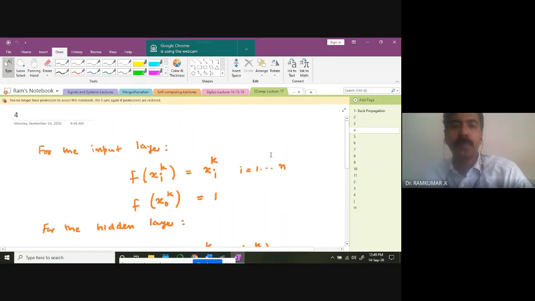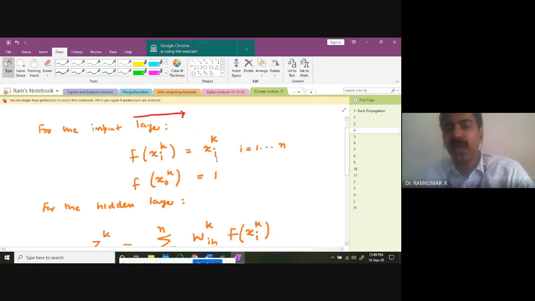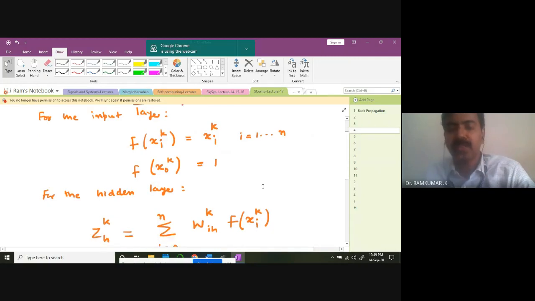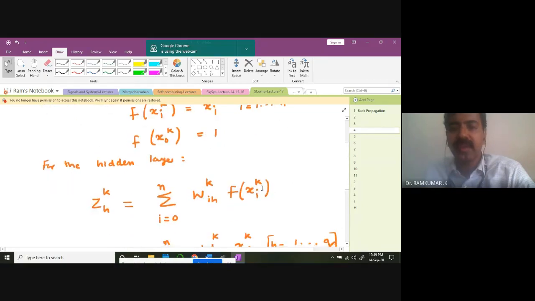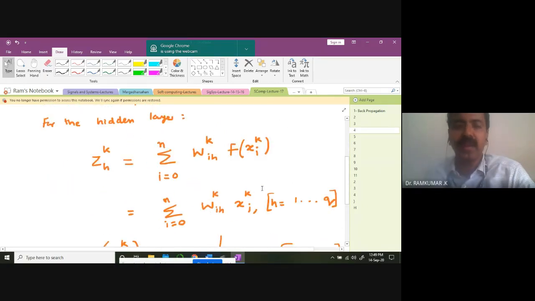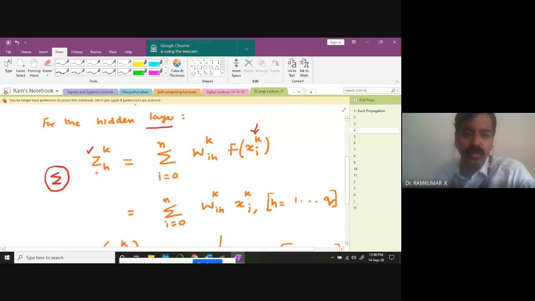So this we are doing by propagation in the forward mode first. So we are taking the input and passing it through the input neurons. And in the input neurons, we don't have anything, we are passing on the data, that's all. So that data is now passed through the hidden layer. The hidden layer receives input from the input layer and gets multiplied by the weights, and they are computing the activation values for each hidden neuron. Each hidden neuron is going to do this operation.